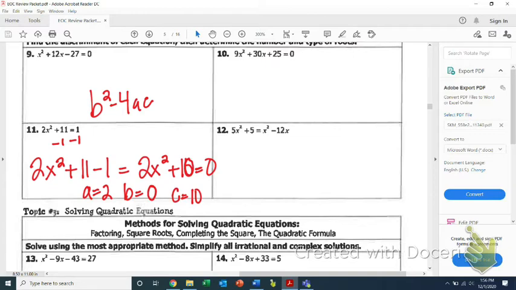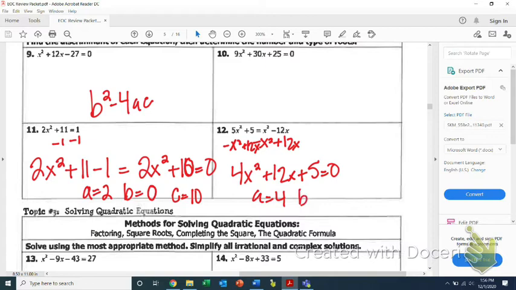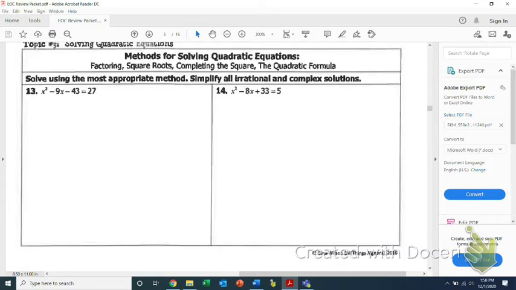For number 12, everything has to be on one side. I'm going to subtract x squared and I'm going to add 12x to both sides. So I've got 4x squared plus 12x plus 5 equals 0. A equals 4, B equals 12, and C equals 5. Plug that in and see what you get for your discriminant. All right,